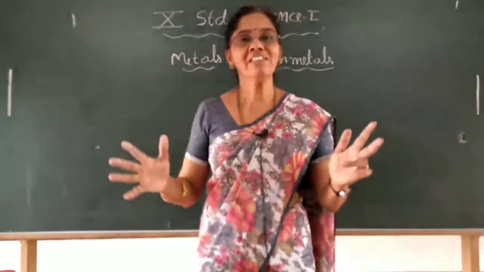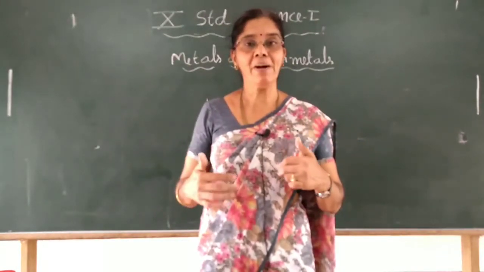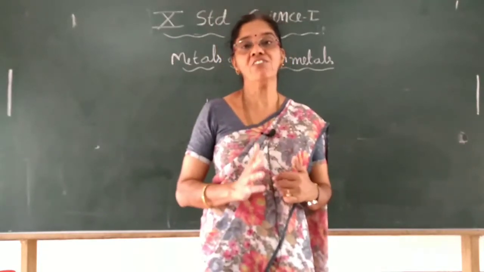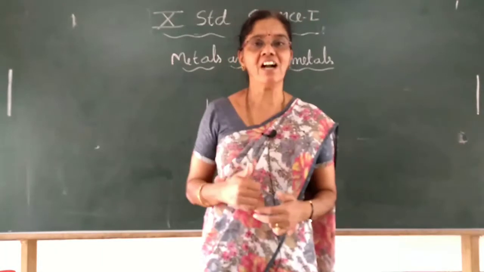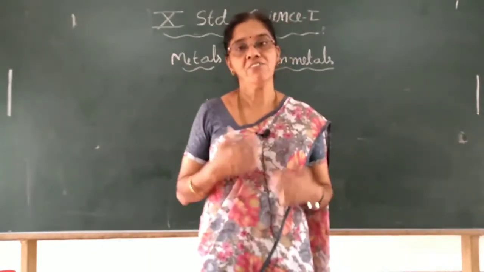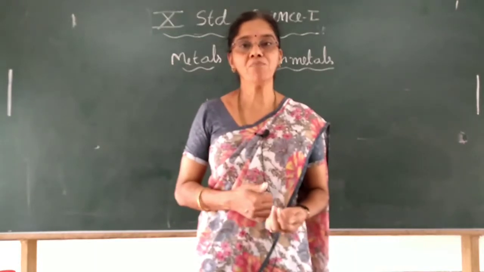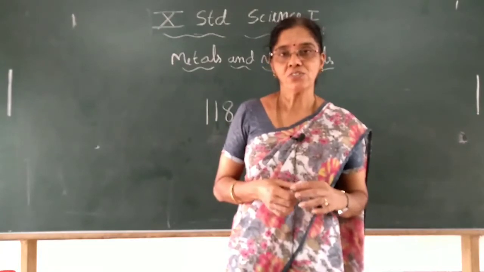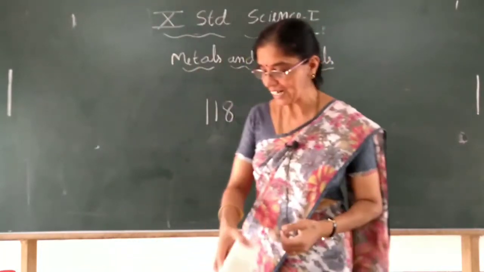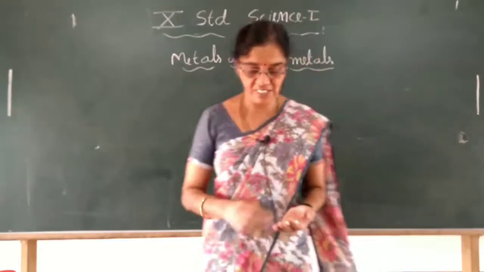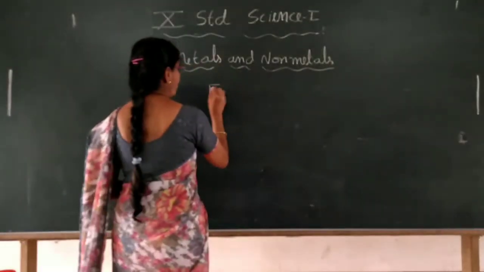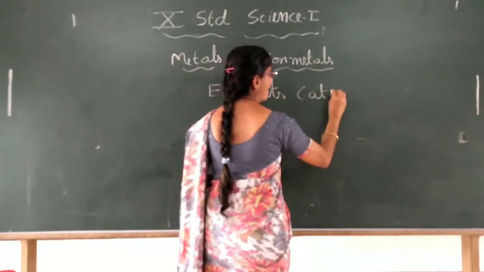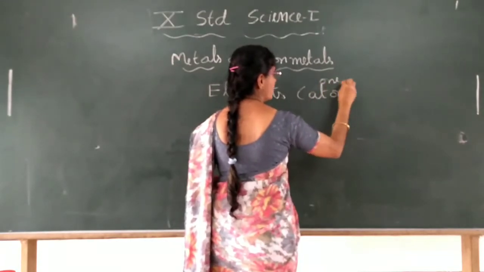Now, if there are so many things, what we will do is study them by grouping and classifying them properly. That is the better way of understanding and learning any matter. So the scientists, who had so many elements, did a classification of these elements to study their different reactions. They are made up of the same type of atoms, one type of atoms.